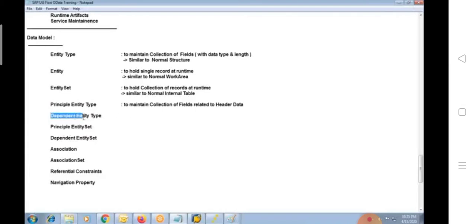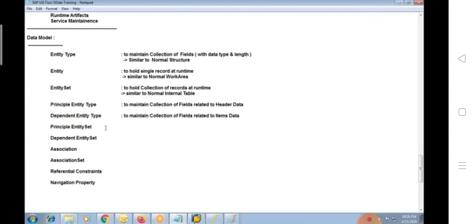And there is dependent entity type. We are going to use this to maintain a collection of fields related to item data. One header record can have a collection of item records. So item record fields are also maintained here through dependent entity type. Just the fields.